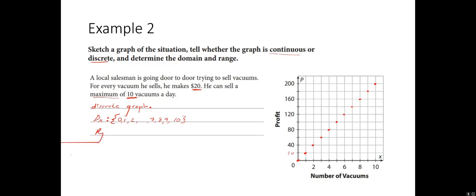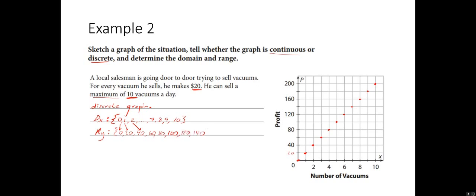Now, range. Now, range is our y. Okay, so let's see. This will come in handy if you're thinking about how much money this guy can make. In this situation, he can make $0. He can make $20. He can make $40, 60, 80. Notice how I'm just going by 20s, okay? And they should be matching what's happening with our domain, okay? So you can keep going up by 20s if you really want. 100, 120,